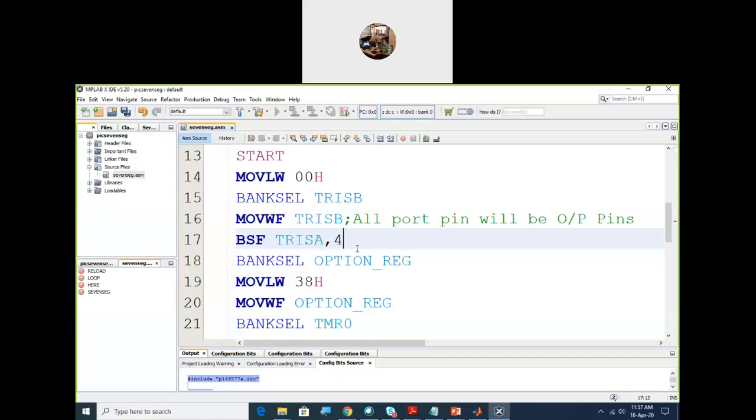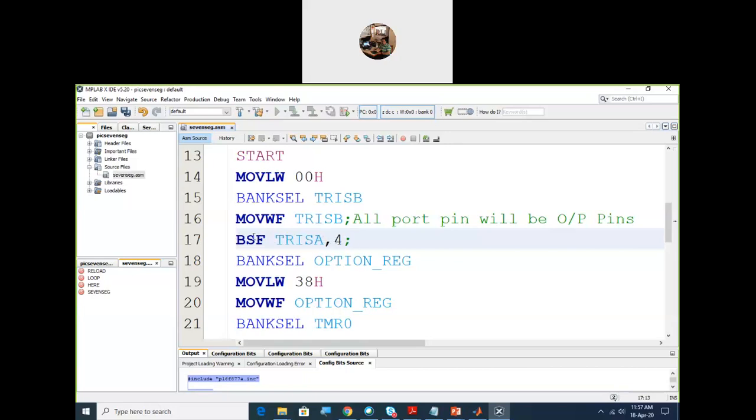So you need to configure TRIS A, because you want to configure that pin as input. You will have to deal with the TRIS A register. So you use the instruction BSF TRIS A, 4.